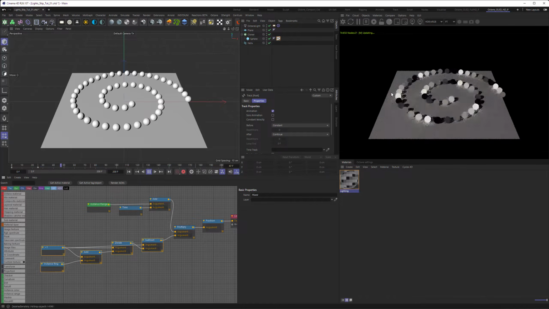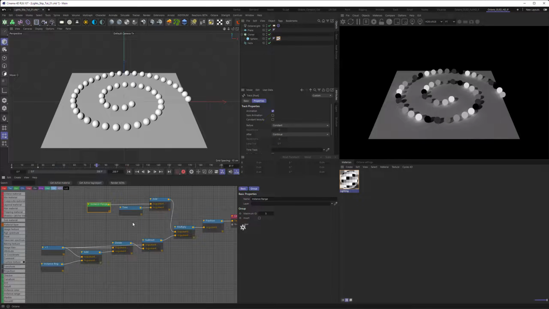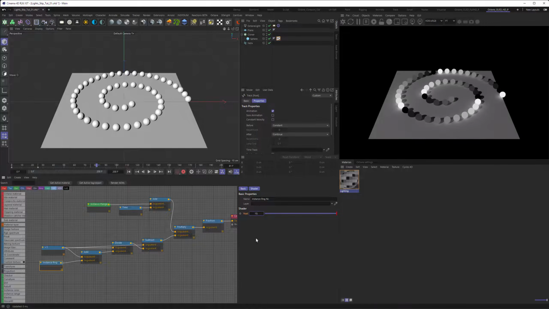So this is much cleaner than it was before. So we have done that now, but if we want to increase the range here, so let's maybe increase it to 10, we always have to remember that down here there's a value that needs to be increased to 10 as well to make it work accordingly.